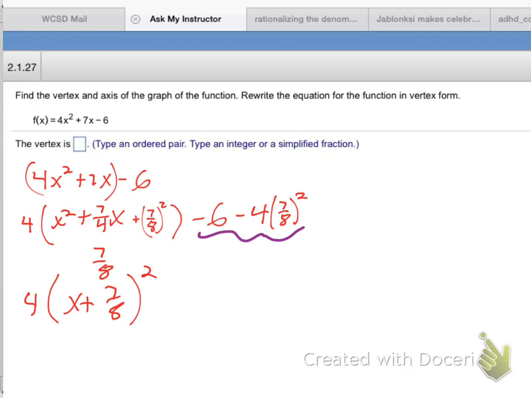And then the factored term down below here, x plus 7/8 squared, remember that's what you get when you take that middle term. That always happens where that 7/8 becomes part of the binomial x plus 7/8 squared. Then on the right hand side you have all that stuff to add and subtract,